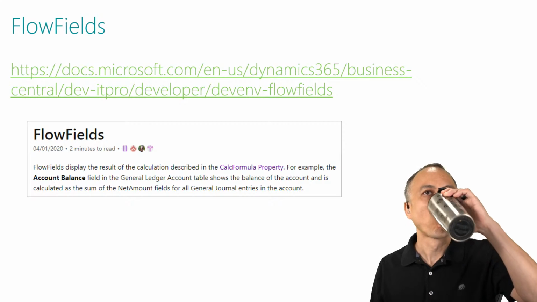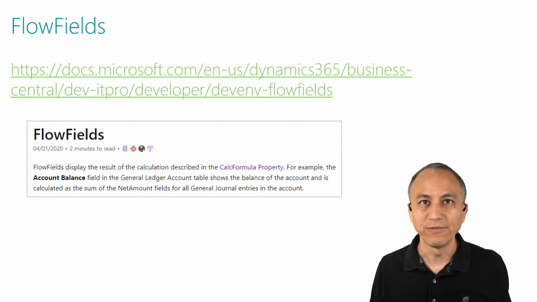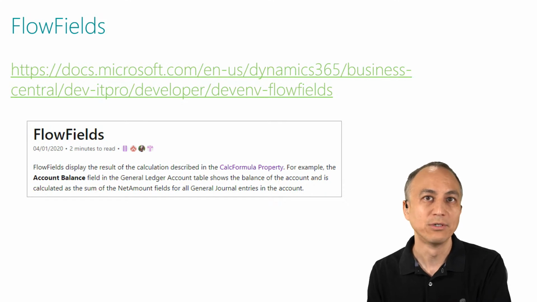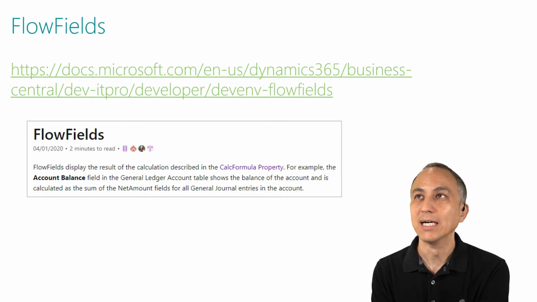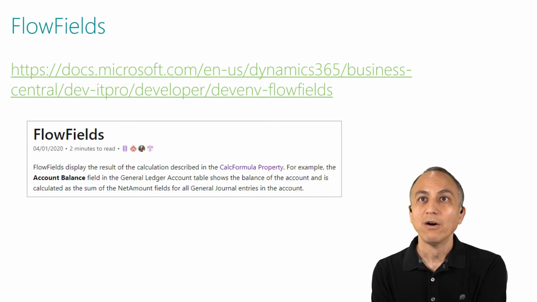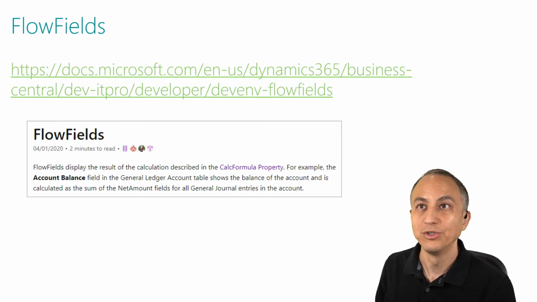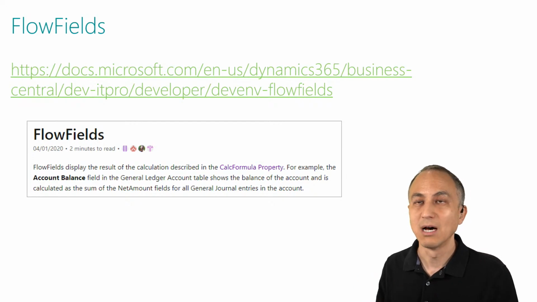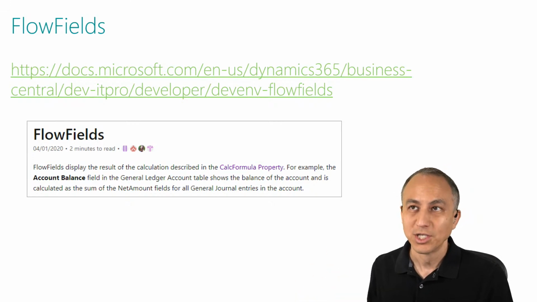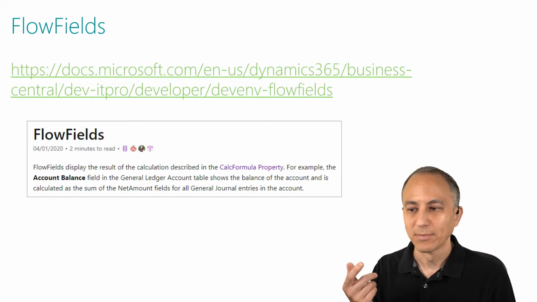FlowFields. FlowFields are a very interesting feature of Business Central, formerly part of NAV. They display the results of a calculation described in a CalcFormula property for the field. For example, the account balance field in the general ledger account table shows the balance of the account and is calculated as the sum of the net amount fields for all general journal entries in the account. So to put this in beginner's English,